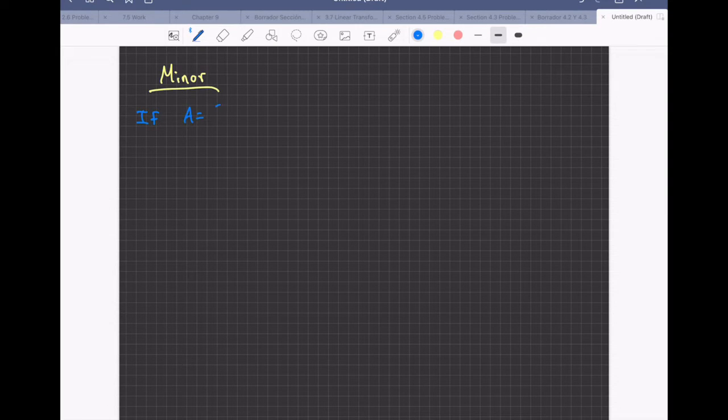If we have a matrix of size n by n, then the minor